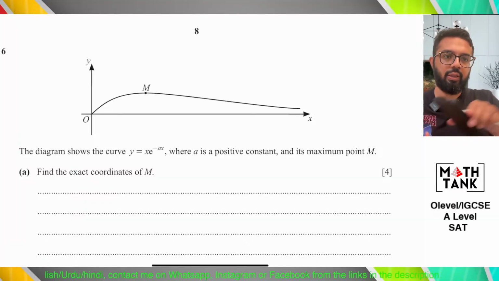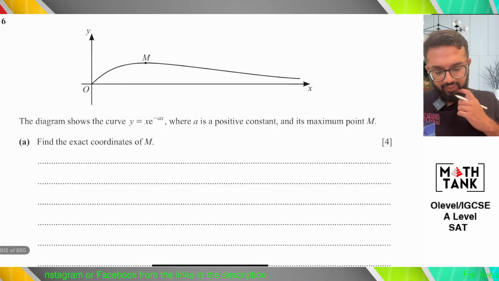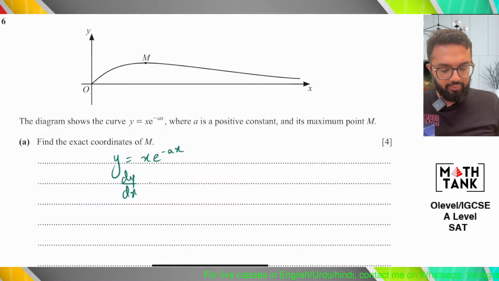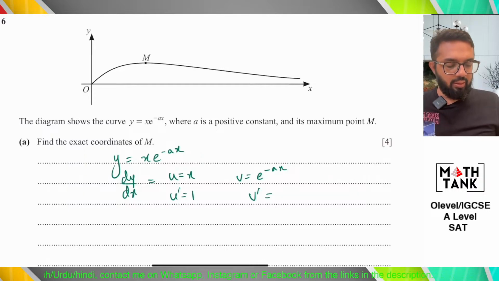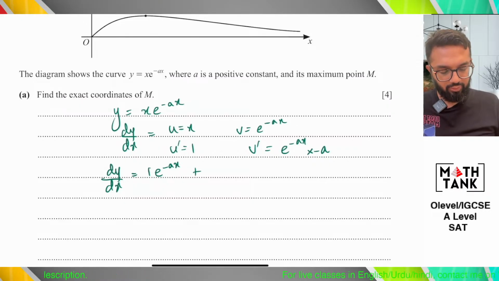Okay, question number 6. Question number 6 says the diagram shows the curve and its maximum point. Find the exact coordinates of M. So if this is a question on differentiation, I will have to apply the product rule. dy by dx, u equals x and v equals e power minus ax. u dash is 1, v dash is e power minus ax into minus a. dy by dx equals u dash v plus v dash u,